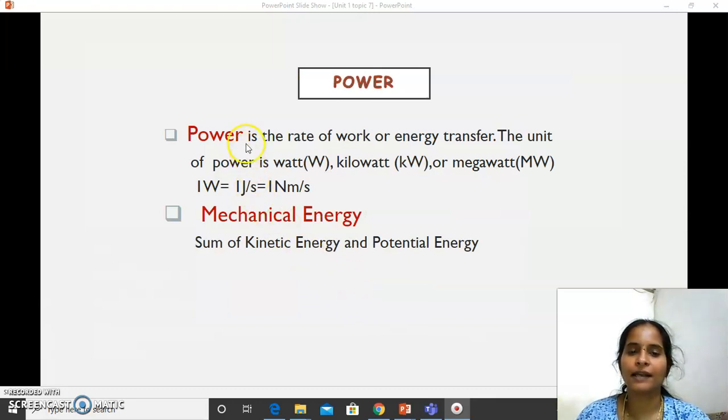Then power, it is the last and final stage of useful work, where we receive the work done in terms of power, which is nothing but the rate of work done or work energy transfer. The various units of power are watt, kilowatt, megawatt, and it might be raised further. That is, 1 watt is nothing but a rate of energy transfer, so 1 joule per second, and a joule is nothing but a Newton meter per second.